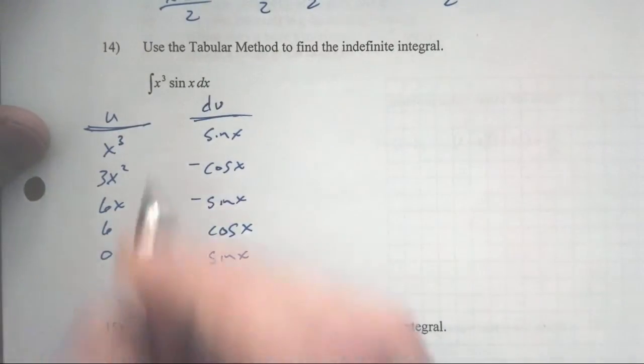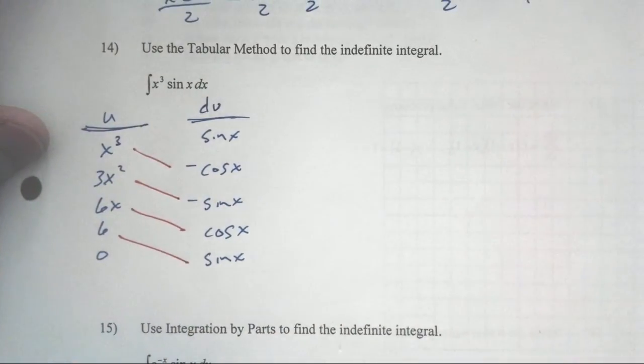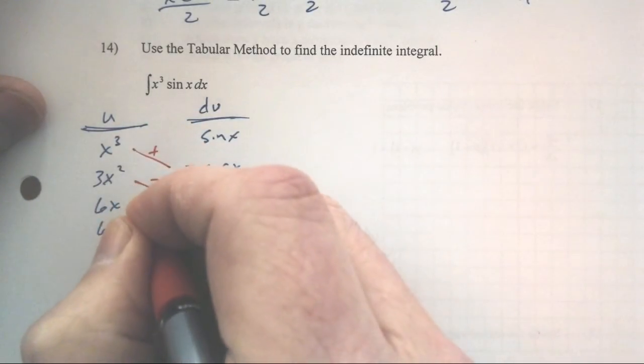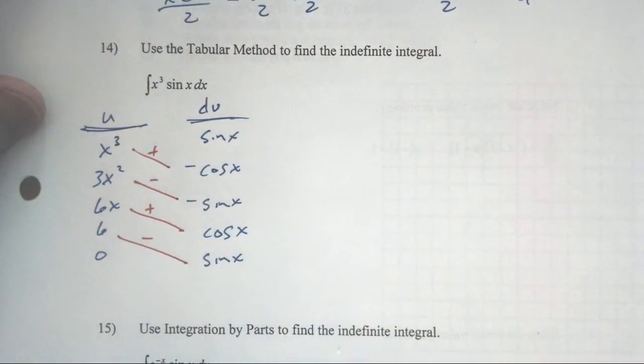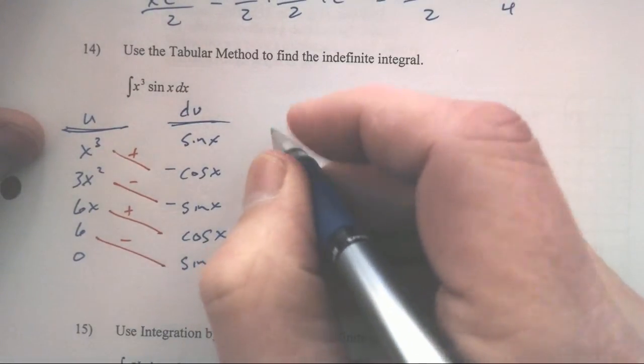So we got it. We need this, this, this, this. We got a lot going on here. Positive version of this, negative version of this, positive of this, negative of this. I don't think I would want to do this without the tabular method. So we end up with